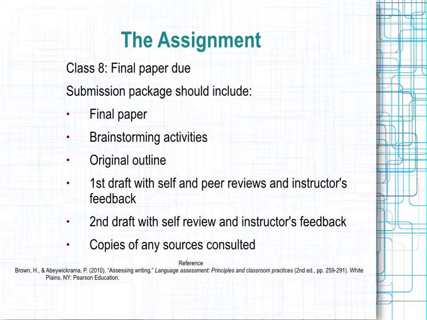The final assignment would be due in the beginning of the 8th class. The submission package would have the final paper, the brainstorming activities, the original outline, the first draft with the self and peer reviews and the instructor's feedback, the second draft with the self-review and the instructor's feedback, plus copies of any sources that they consulted. And basically this gives them a whole lot of work for that last couple of weeks of class, but